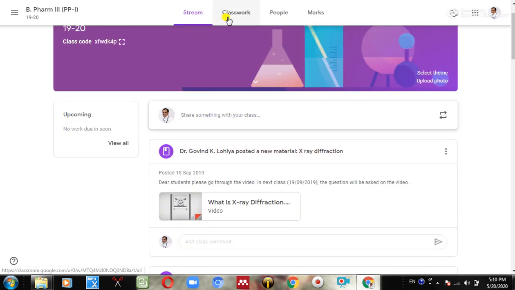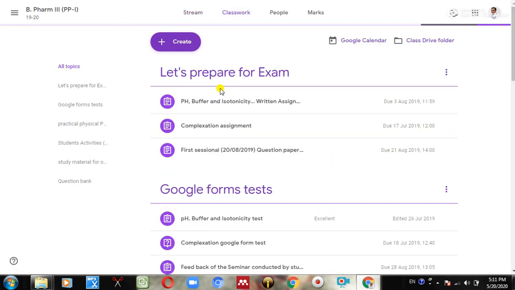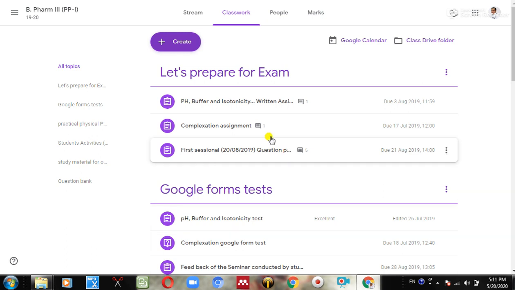Come to the classwork section. Here you can see there are so many topics I have created. You can create as many topics as per your requirement. Just like, let's prepare for exam. If you are preparing your students for a university exam or any competitive exam, Google Form test, practical physical pharmaceutics, that means practical based student activities, any student activities like learning by doing, study material for outclass activities.